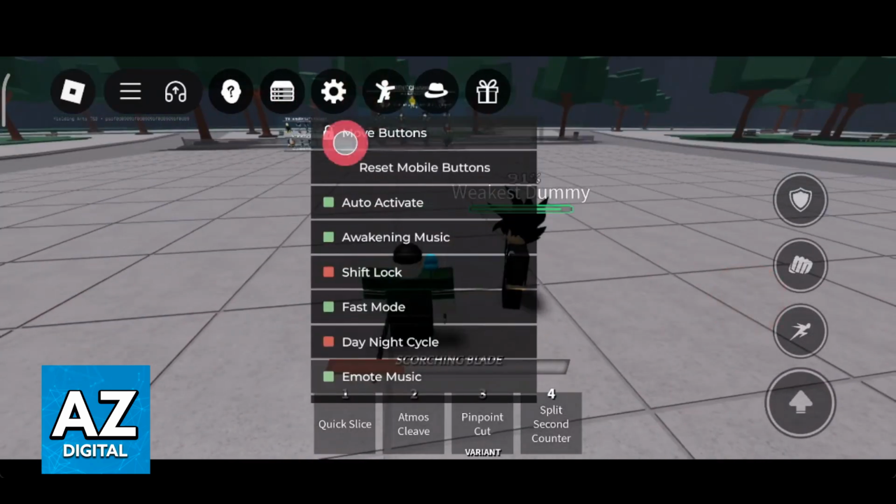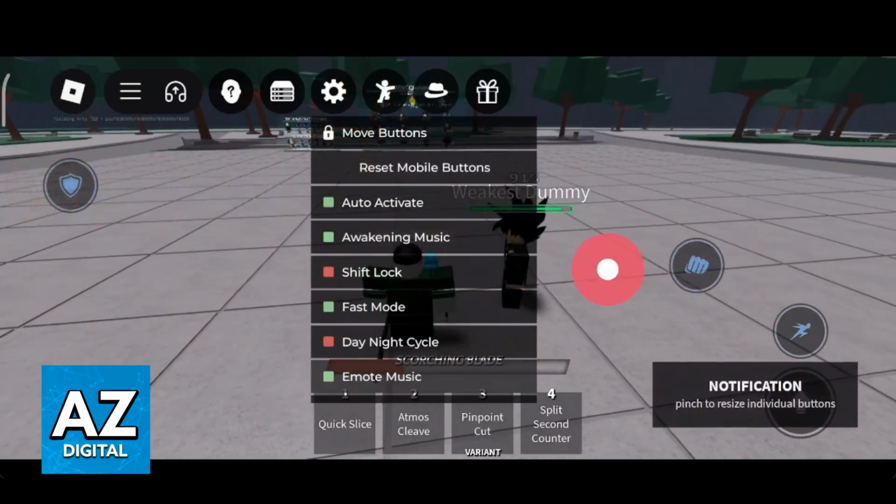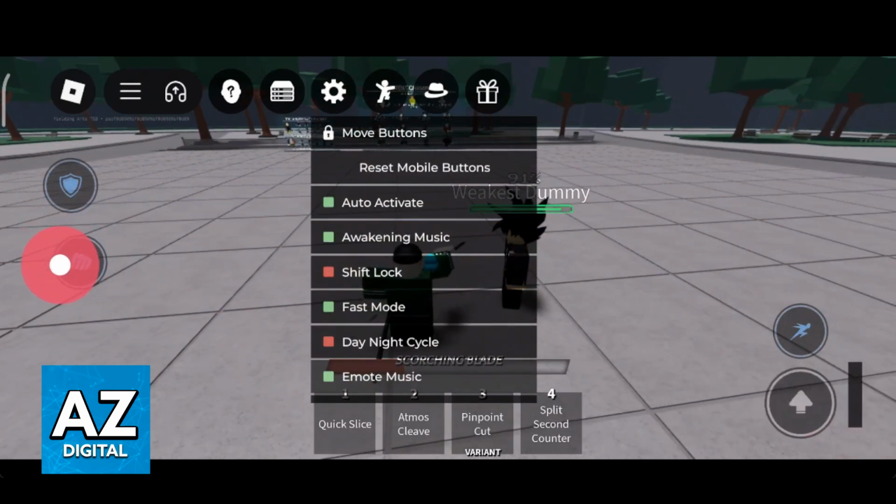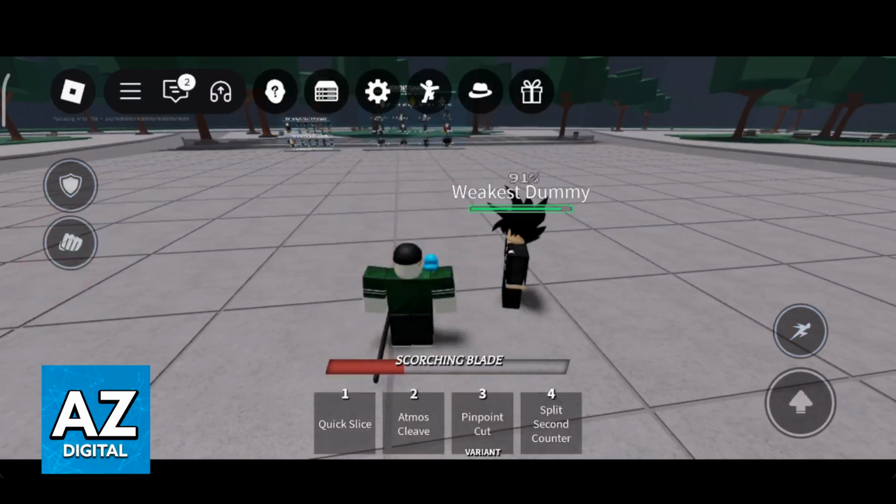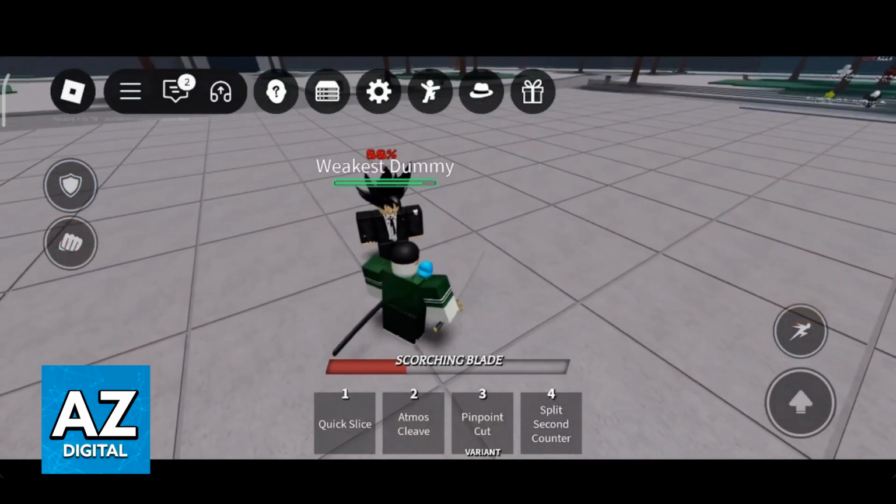So like I said, my recommendation would be to move 2 of these buttons to the left and leave 2 of them on the right. For whatever reason, we can't change the position of the jump button, but everything else you will be able to position however you prefer. Besides this, it is just going to be about practice.